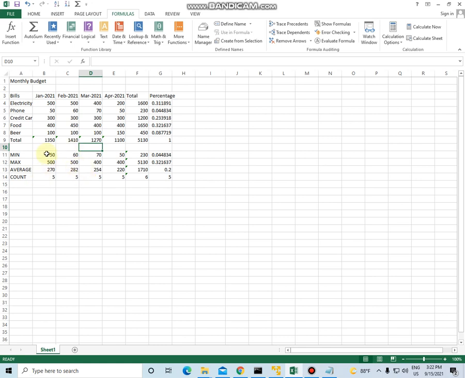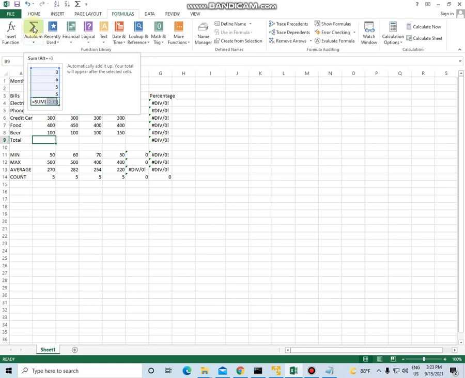So for this exercise, we will delete our totals. Okay. Now we will click on the B9 cell. We are already in the Formulas tab, and at the left part we have the AutoSum button.